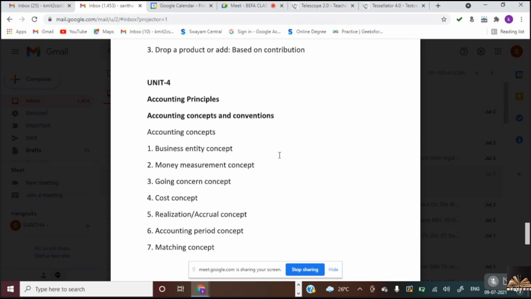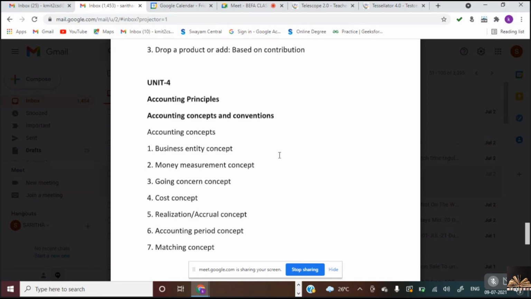and we even have international accounting standards. So these are the principles or guidelines given by the Indian accounting standards and international accounting standards, which need to be followed while preparing final accounts or while preparing accounts. Accounting principles are further classified into accounting concepts and accounting conventions. This is one of the important expected theory questions in Unit 4.